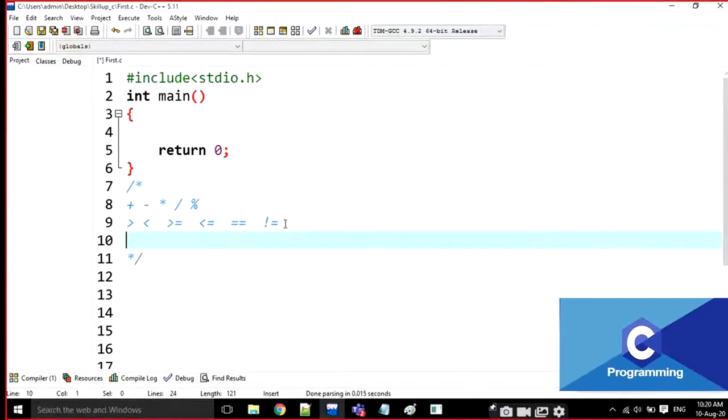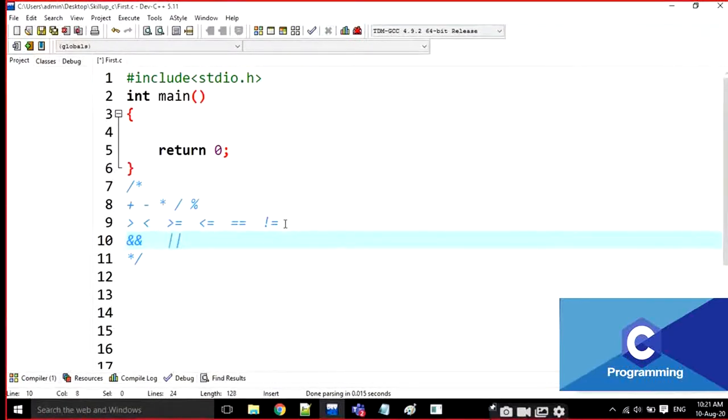And the next one is logical operators. That is double ampersand, which is logical AND, and double pipe symbol, which is logical OR. This symbol is above the enter key; we have to press it with shift.